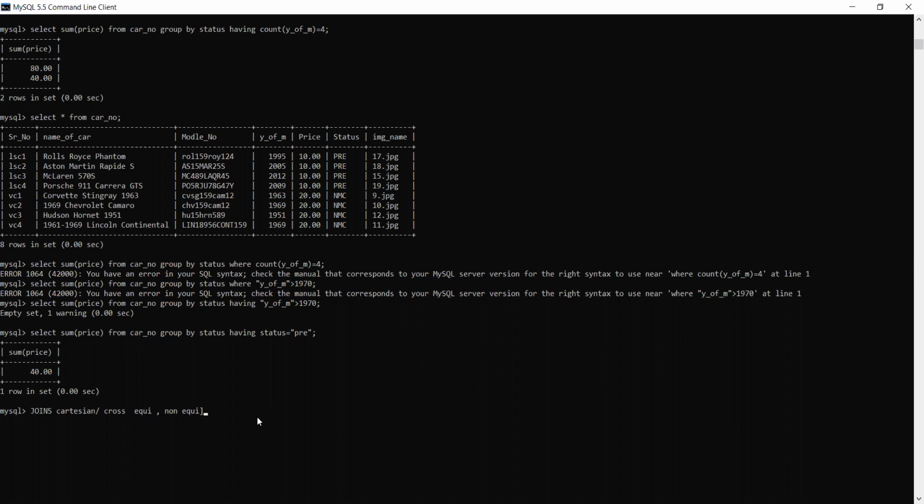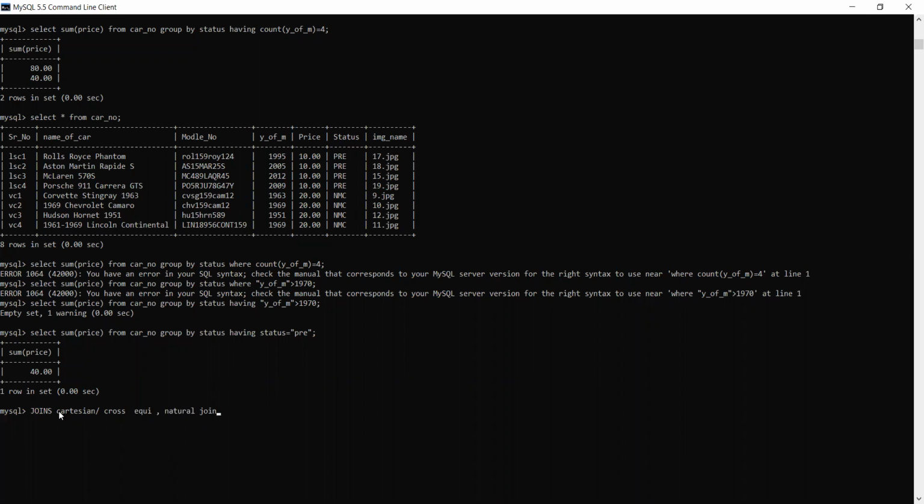Equijoin and natural join only you are having. Even non-equi join is also not given to you. Natural join is given. So basically we have to discuss only three types of join in this particular chapter: Cartesian, equijoin and natural join. And these are actually very easy, so therefore I thought to discuss with you now only.